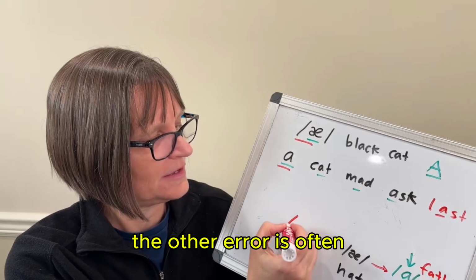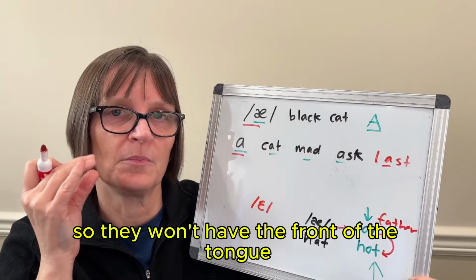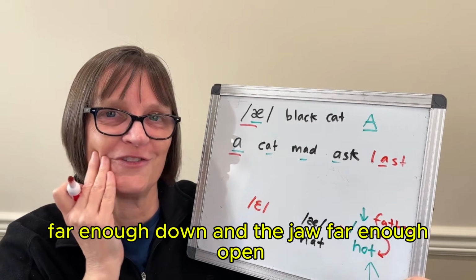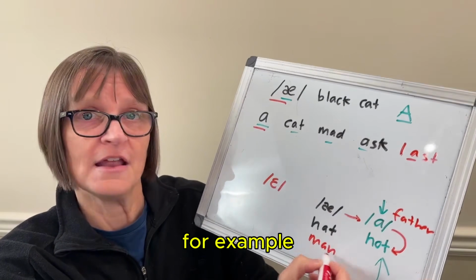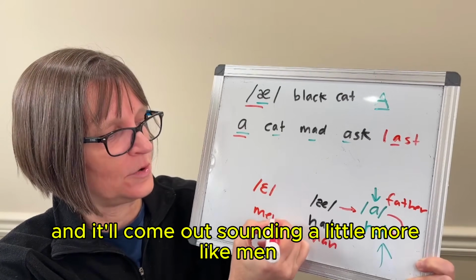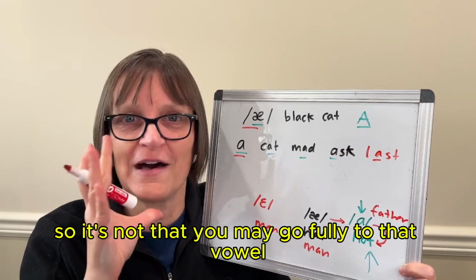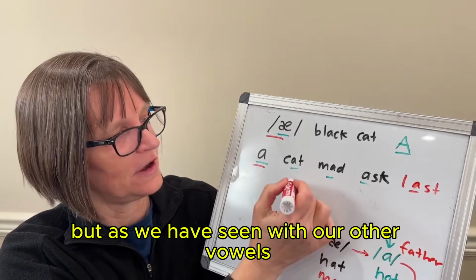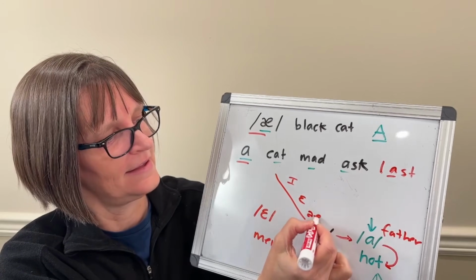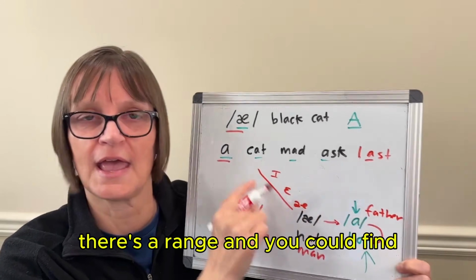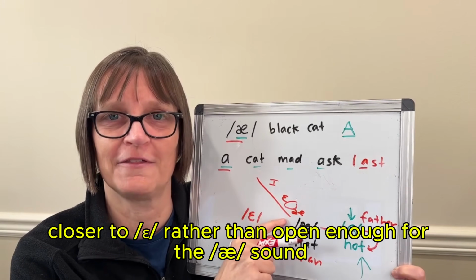The other error is often that people will be a little bit too closed, so they won't have the front of the tongue far enough down and the jaw far enough open, and so they're trying to say man, for example, and it'll come out sounding a little more like men. So it's not that you may go fully to that vowel, but as we have seen with our other vowels, when we're looking at the I and ah. There's a range, and you could find yourself somewhere too high,